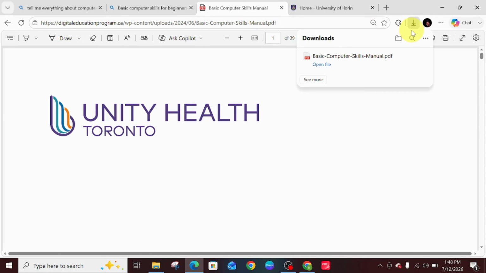This is the download button. By the way, this is Edge, so this is the download button for Edge. It is downloaded already. All you need to do is just click on save or Ctrl S. Now that it has been downloaded, I already saved the file in the correct folder. Then also you can scan the downloaded files with antivirus software if it's available on your laptop or on your